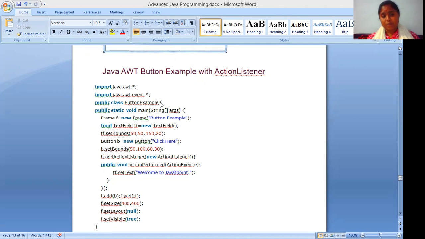The class name is ButtonExample, which is user defined. We are giving this name here. So the access type is public, and class, this is a class. We are using the class keyword and, after a single space, giving the name ButtonExample. Now we are opening braces. This is the class body. This shows the starting of the class body.